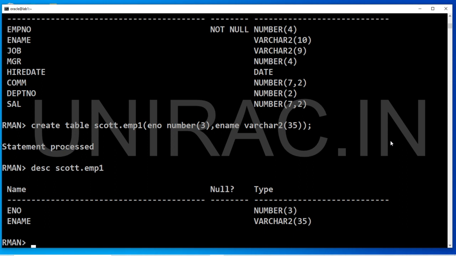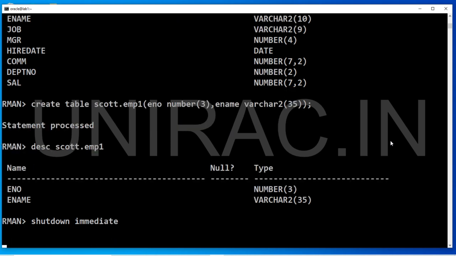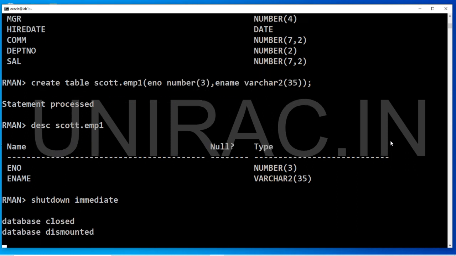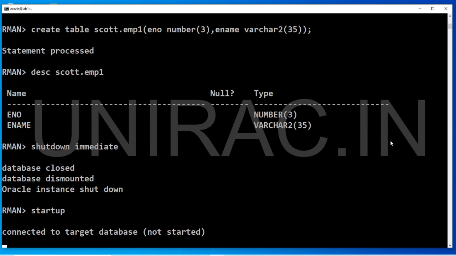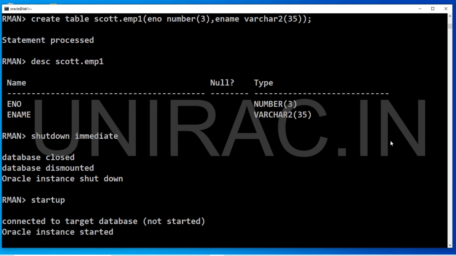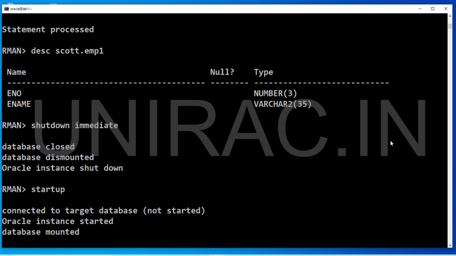Even we can shut down and start up. Let's see how to shut down now. It's getting shut down. It's got shut down, and we can start your instance using startup. It's connected to target database and trying to start your instance from RMAN.